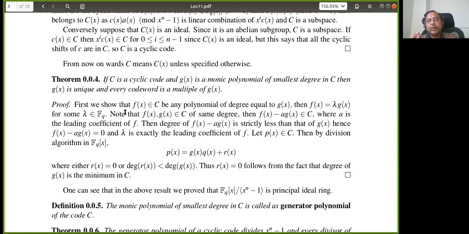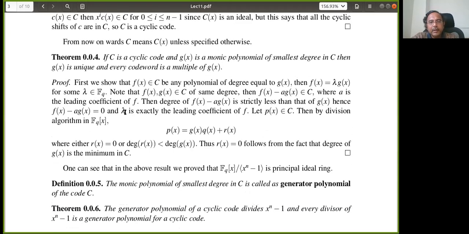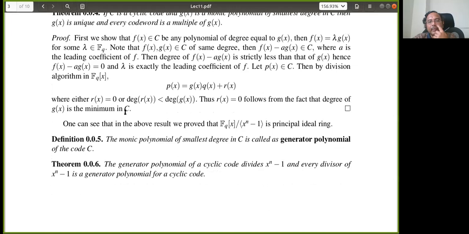So similarly here, you take the smallest polynomial by degree, and you take that as monic also, and that is unique. So the ideal is exactly generated by that particular polynomial only, right? That polynomial is called the generator polynomial. So that is the proof. Okay, I will explain the proof later, but I'm telling you the overall picture now. So there is a generator polynomial to that.